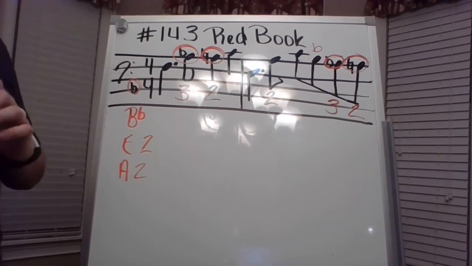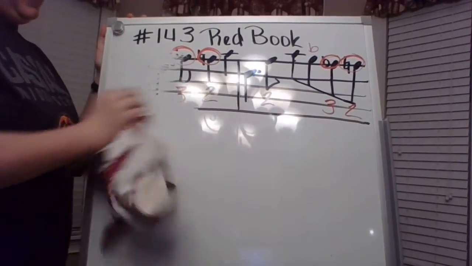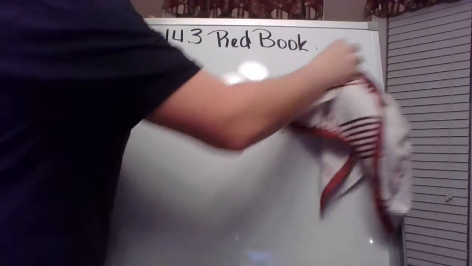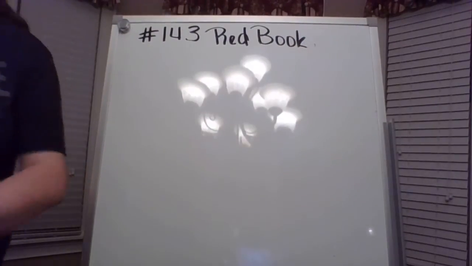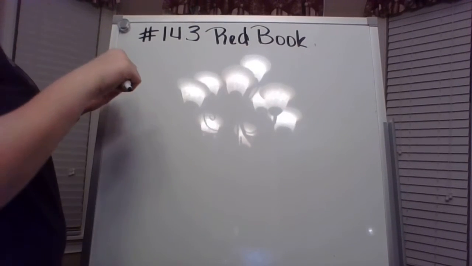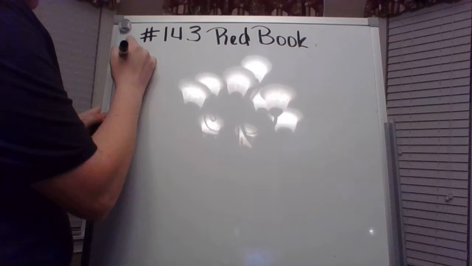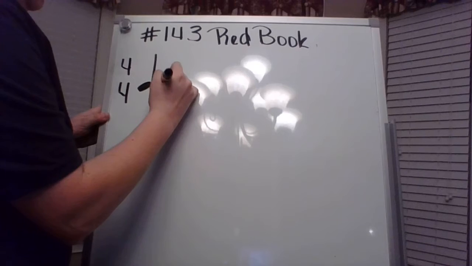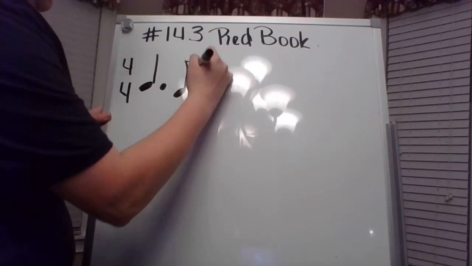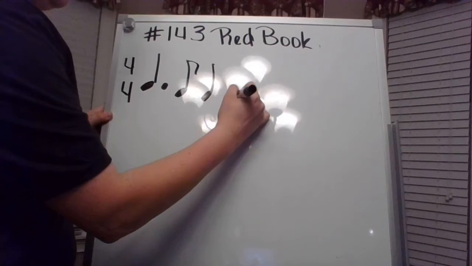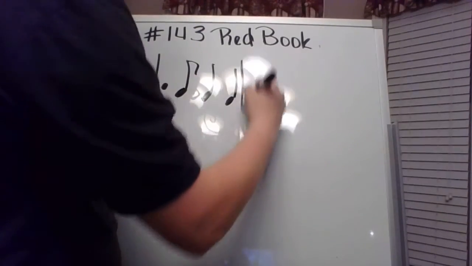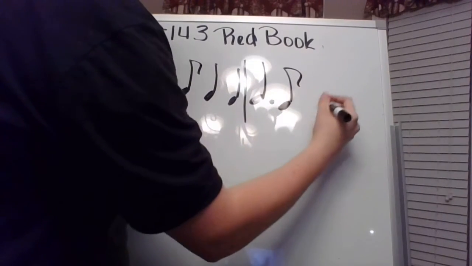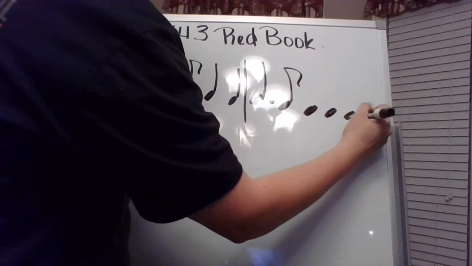Now, I'm going to erase all this, and I'm going to go over the rhythm in the first two measures with you, because they repeat, and it will be helpful. So, let me write it up here. We're in 4/4. Dotted quarter, eighth, quarter, quarter, dotted quarter, eighth, and then we have